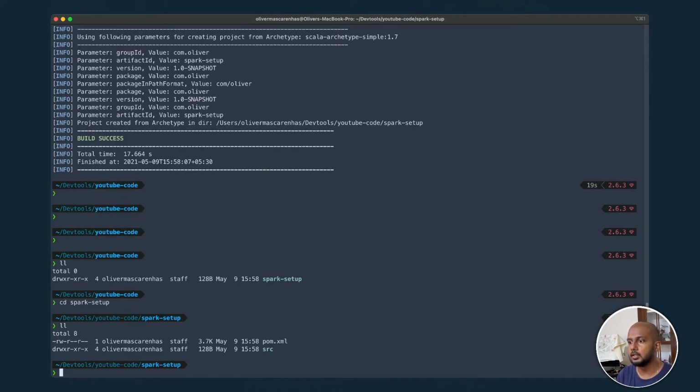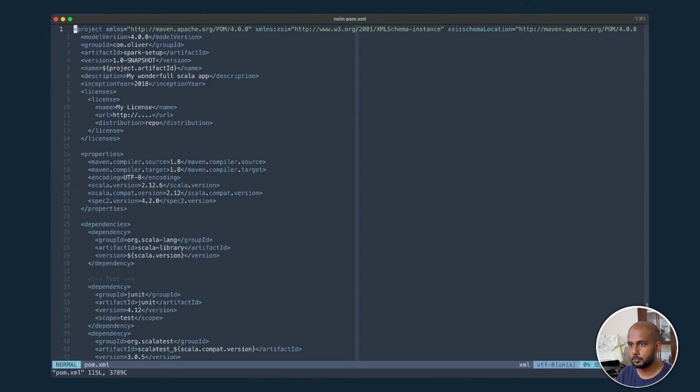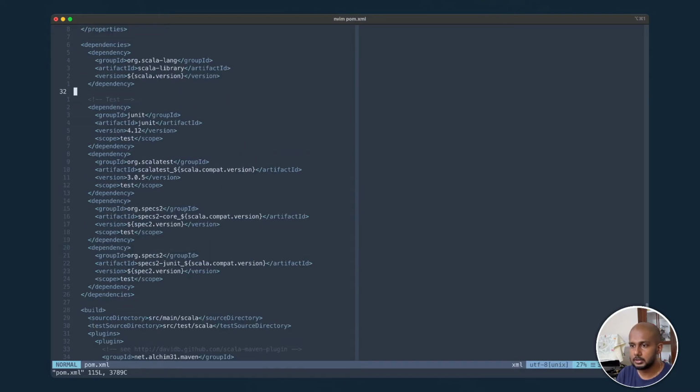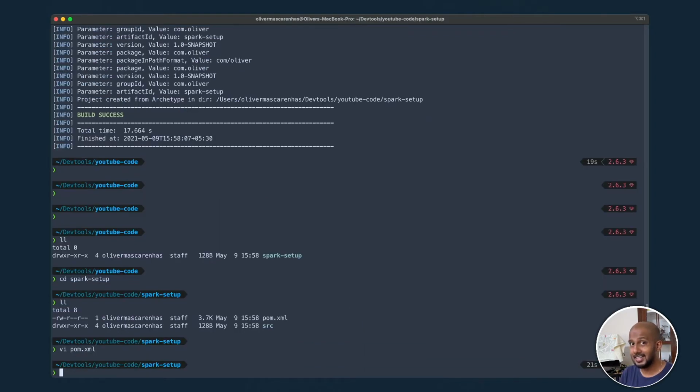You can see it's a Maven setup, and you can look at the POM, right? So everything has been generated for us. Maybe the Scala version is a bit old, 2.12.6. We can change that later. And it has some good defaults. It's spark setup. So next we're going to look at how to get this into your IDE, because I use